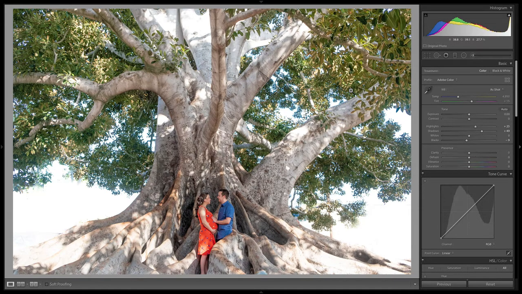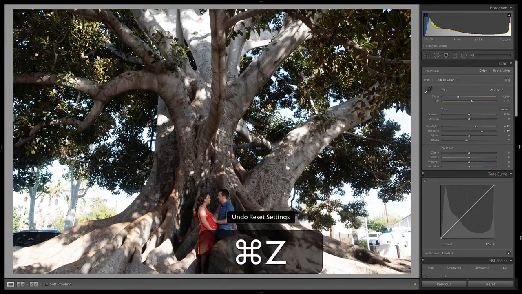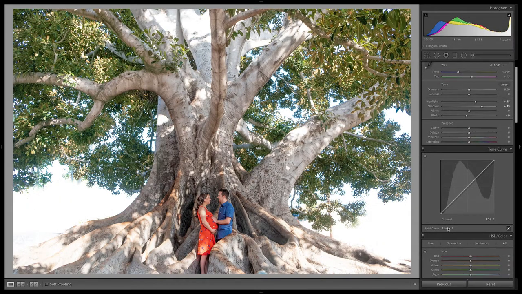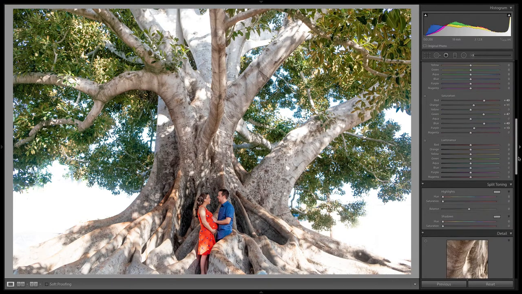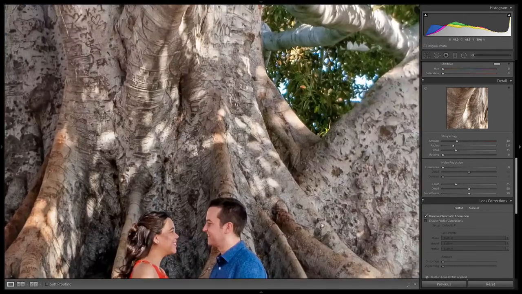Cool. So now if we see the before and after, let's just click the reset button. Before, after, I think it looks pretty darn good. You might want to come back to your overall adjustments now. Maybe you want to add a little bit more contrast. Maybe you want to add a little bit of clarity or sharpening, or maybe you're bothered by the noise that you're getting in some of these details.